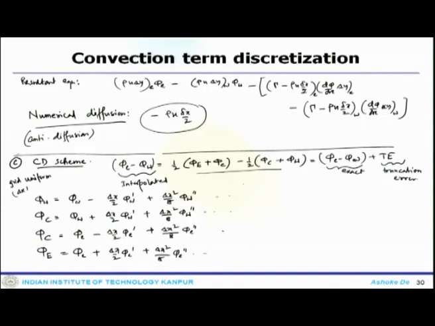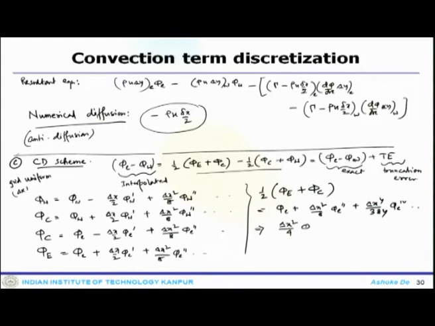Now, what one can do is get the average of this term, half of phi e plus phi c, which could be phi e plus delta x square by 8 phi e double prime plus delta x 4 by 384 phi e fourth derivative, like that, which gives delta x square by 4 phi e double prime equals phi c minus 2 phi e plus phi e minus delta x 4 by 192 phi e fourth derivative. So, that is what we get.